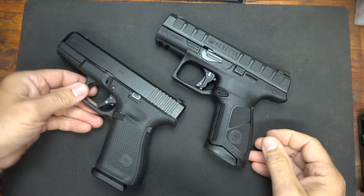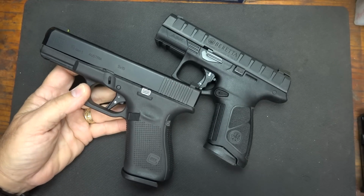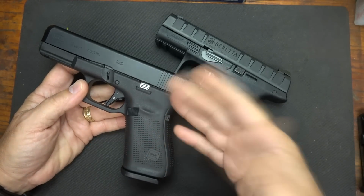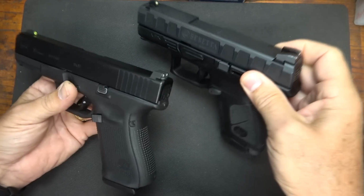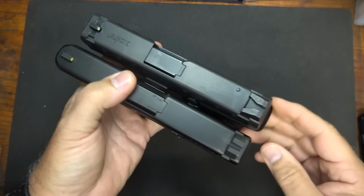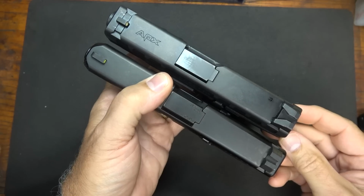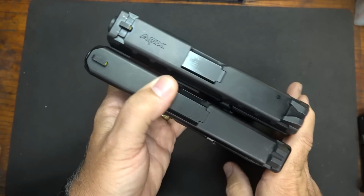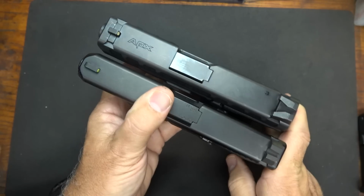Now, the Glock 19 seems to be the size that everybody looks for. It just hits that sweet spot. It's kind of like a full-size shooting gun, and yet it's concealable. It is considered a compact. Now, that's one of the things to me that the APX has really done: hit that size. Now, as far as the frame, it comes all the way back to here. But, guys, I'm telling you, it actually is a little less than the Glock 19. And it's not by much, maybe 1/8 of an inch, maybe 1/4 of an inch. But it is just a